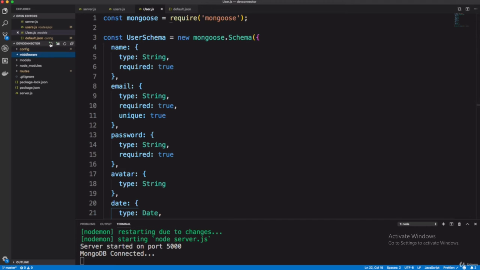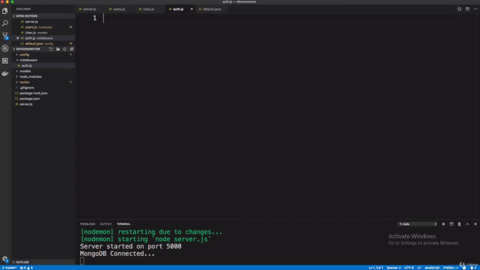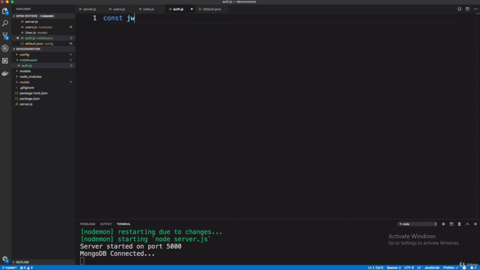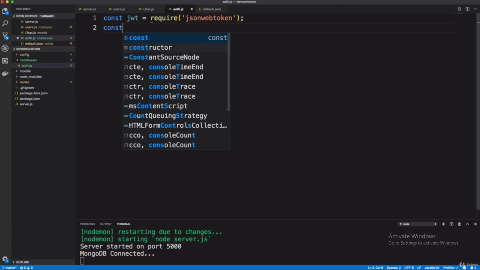So for making it, you have to write a file that is auth.js. Here, first of all, you have to require JWT. So const jwt equals require jwt. The next thing is you have to require config also.